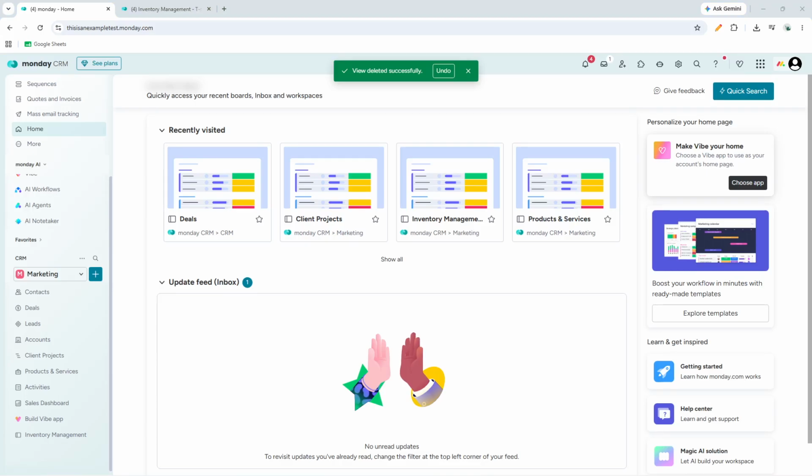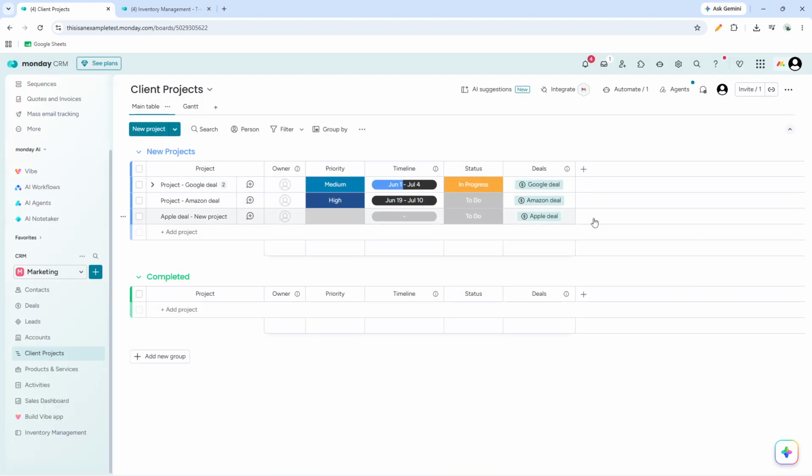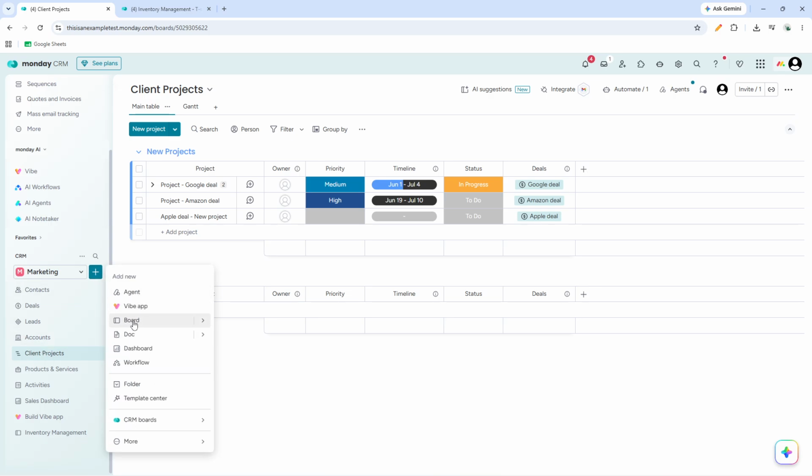In today's video, I'm going to teach you how to create a Kanban board in Monday.com. To get started, log into your Monday.com account and head to the workspace where you want to manage your tasks. Once you're in, open an existing board if you already have one set up, or create a new board if you're starting from scratch. Either option works, as long as the board will hold the tasks you want to track